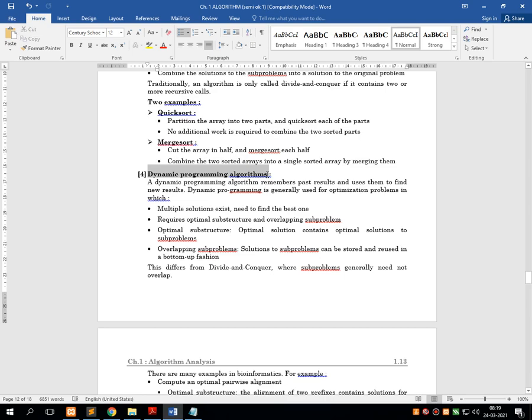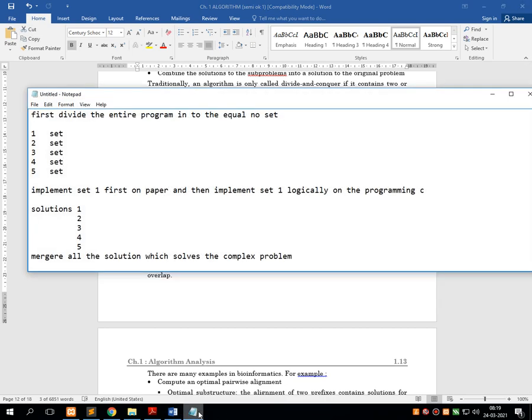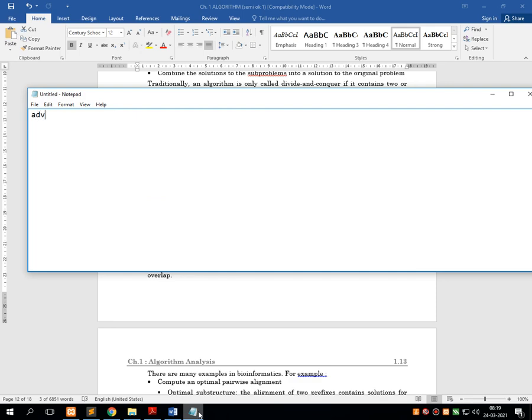Next is dynamic programming. Dynamic programming is generally related with the advanced concepts of programming in C, like pointer, file handling, and dynamic memory allocation functions like malloc, calloc, and third one is realloc.